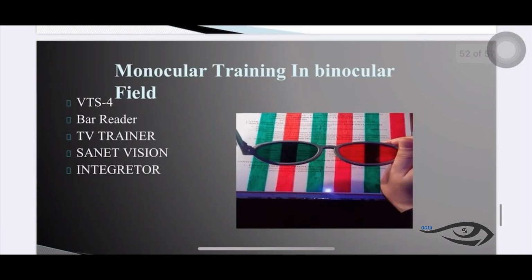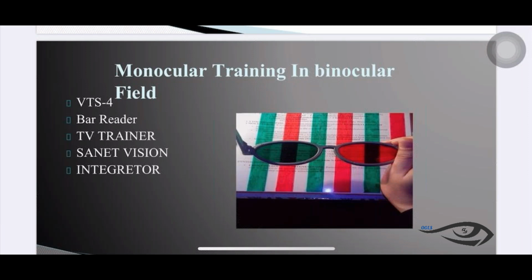Now there is one more thing which is known as monocular training in binocular field. This training you can give through the VTS4. There's a bar reader, as you can see over here in the picture also. This is known as bar reader. Whenever one eye is working, the other eye is blocked, and